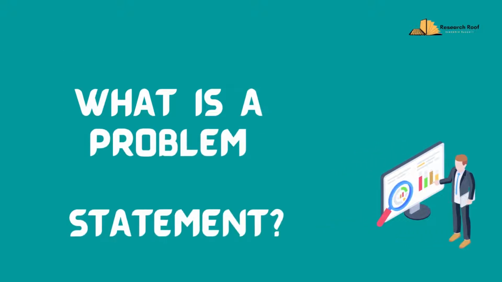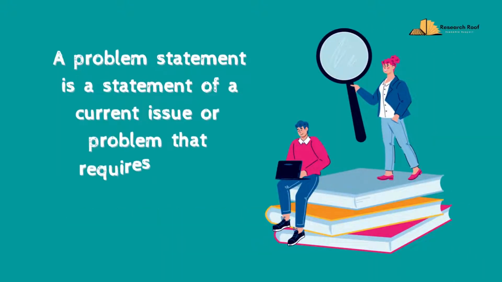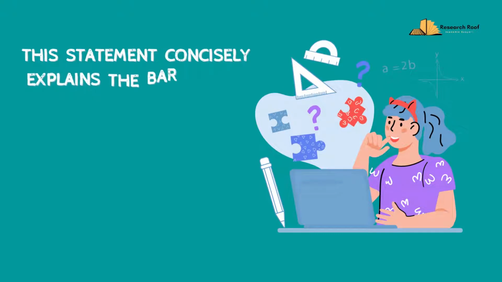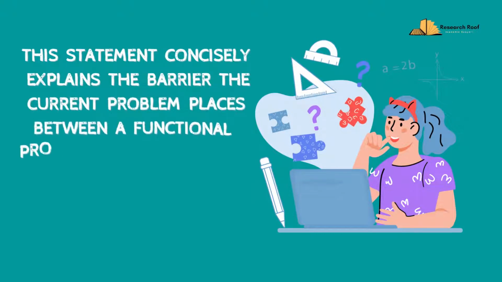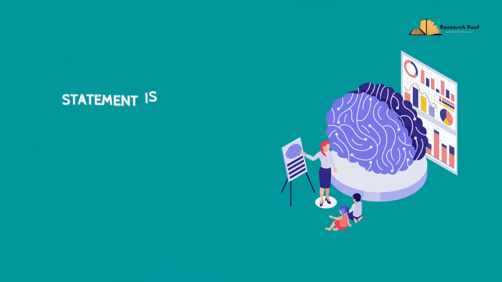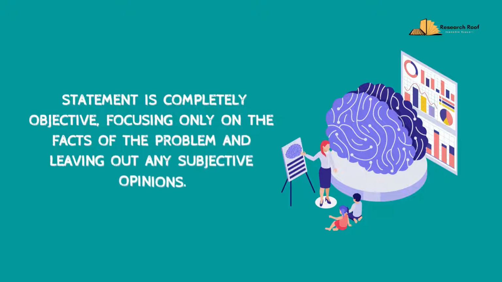What is a problem statement? A problem statement is a statement of a current issue or problem that requires timely action to improve the situation. This statement concisely explains the barrier the current problem places between a functional process and a product and the current problematic state of affairs. This statement is completely objective, focusing only on the facts of the problem and leaving out